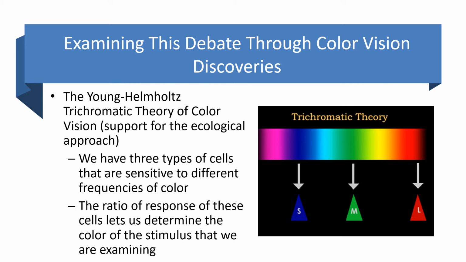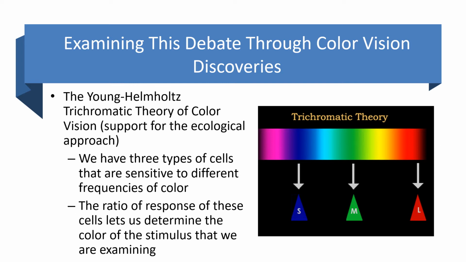And if we want to understand this color vision debate, we have to actually look at several theories, several ideas that were used in an attempt to explain how color vision worked. And the first theory we're going to look at is one of the first theories that was introduced by scientists long before we were able to actually find real proof of whether or not this theory made logical sense. It's a theory that we call the Young-Helmholtz trichromatic theory of color, named essentially after the two individuals that championed this idea. Young and Helmholtz surmised that in our eyes, this is long before we were actually able to